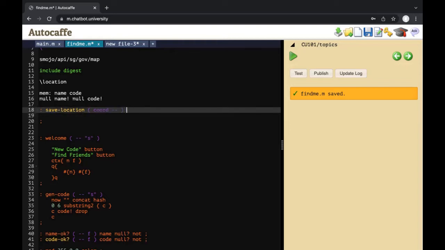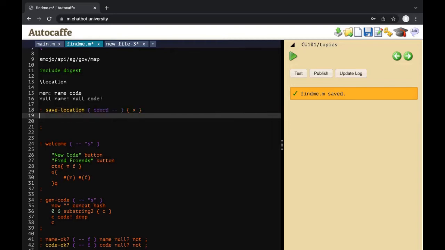So let me show you what I mean. Okay, so I'm going to bind this to X. Okay, and then I'm going to call the code for this app, FindMe. So the app is called FindMe, and I'm going to call db hash app. So what this is going to do is it's going to look up the code under this